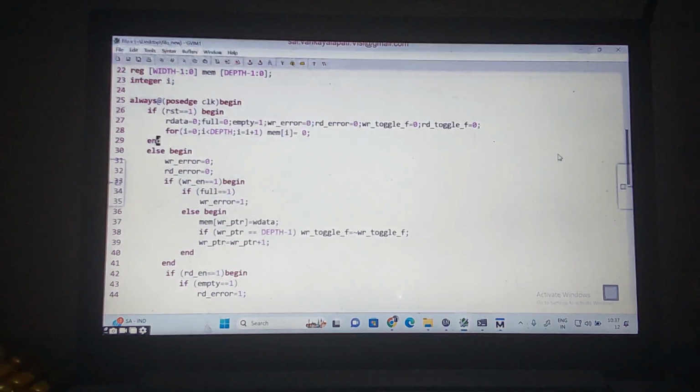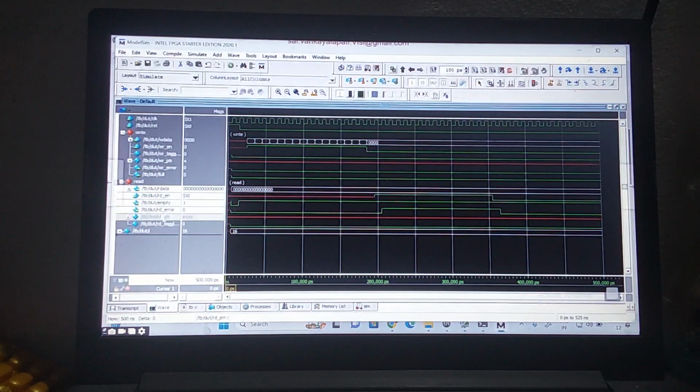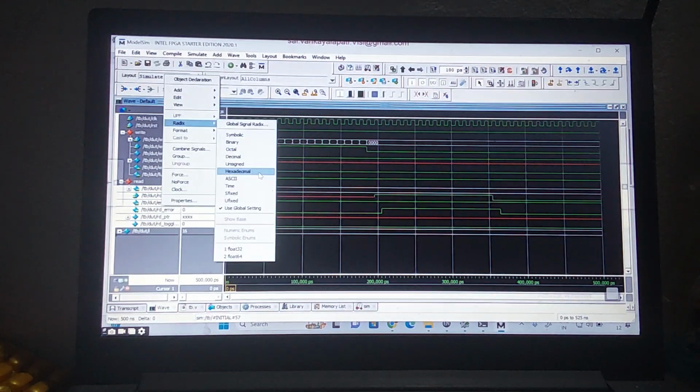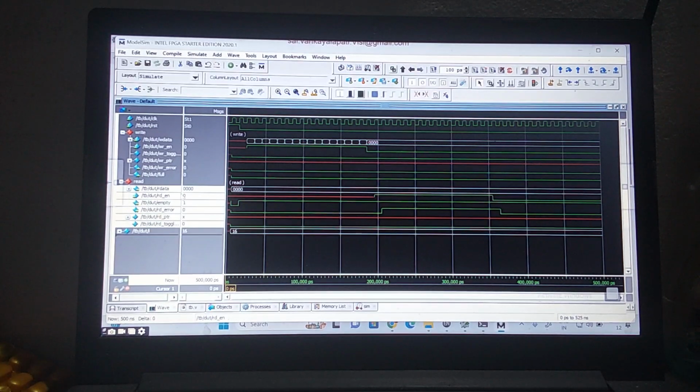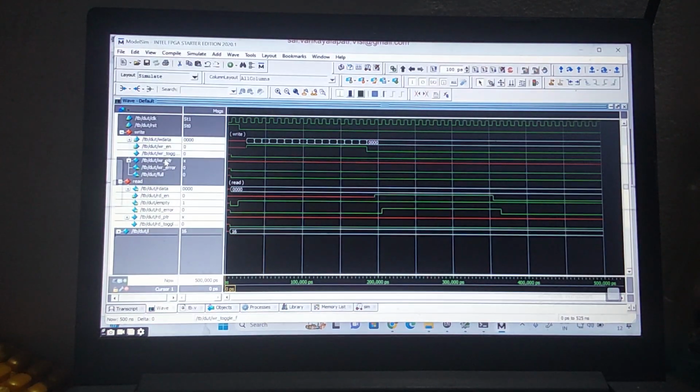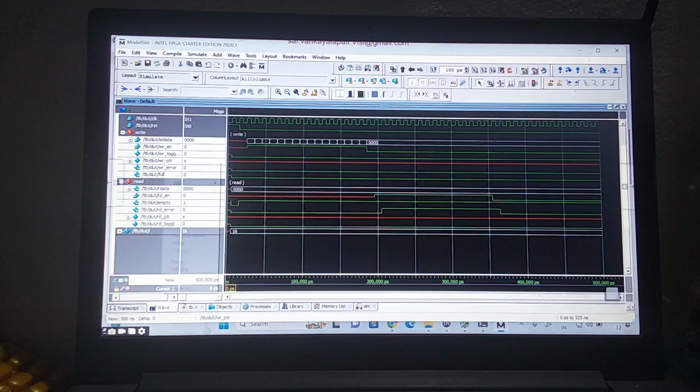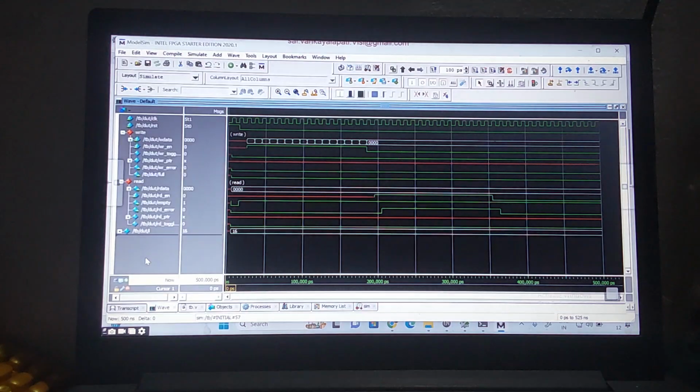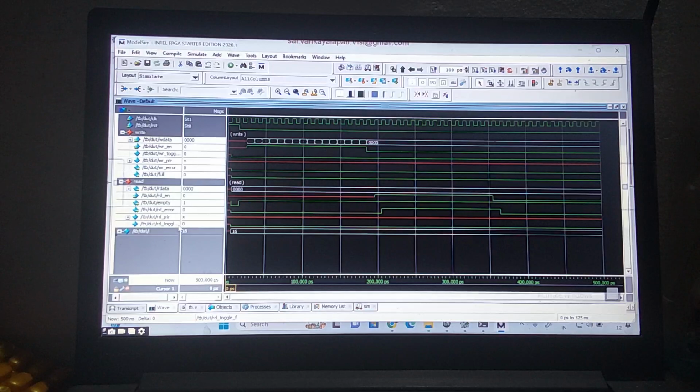Okay, let us make this also, and save this also. This also I'm going to make into hexadecimal radix. Then I'm going to do Control S. Then I'm going to save it as wave.do. Already it is there. Once all signals are in hexadecimal format, from here I'm going to save whatever signals I've made into the hexadecimal format. Then what I'm going to do? Control S. All these are now in hexadecimal format. So Control S, then you replace it.